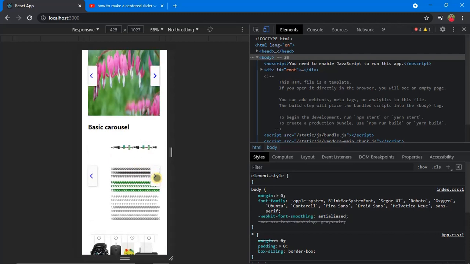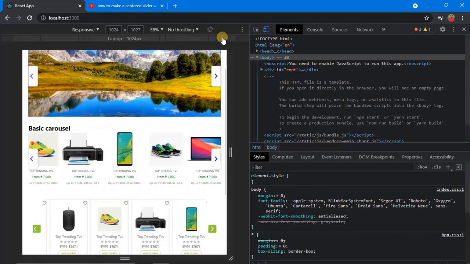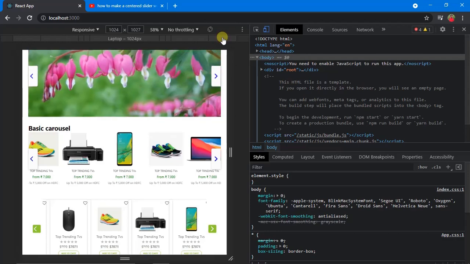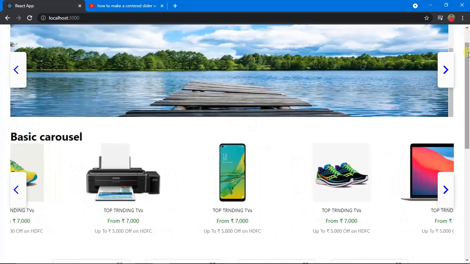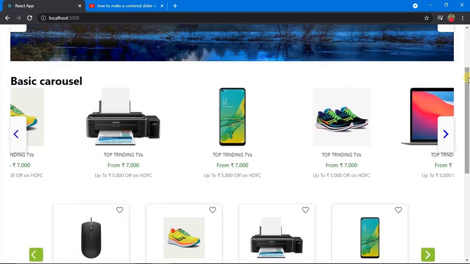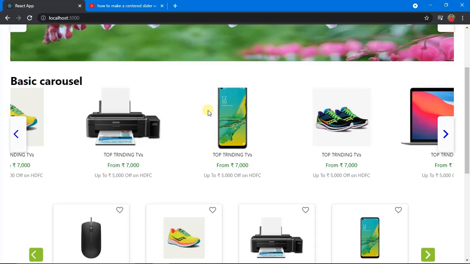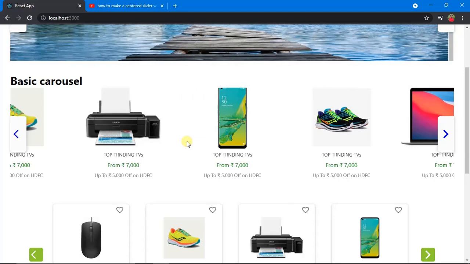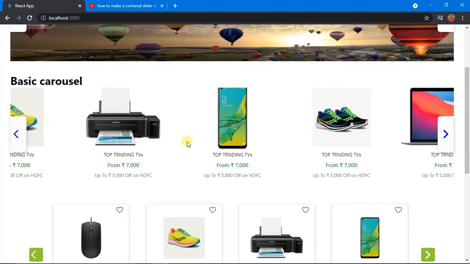We don't want this type of behavior. We want to show only one image here, that is, fewer images on smaller screens and more images on bigger screens. So in order to make these carousels responsive, we have to pass a prop called responsive. One more thing, guys, we are not going to create any new file for this video. Instead we are going to edit the same file which we edited in our previous video, that is multi-item carousel.js. If you didn't watch that video, do watch it by clicking on the I button. Now let's see what the responsive prop is and how to use it.